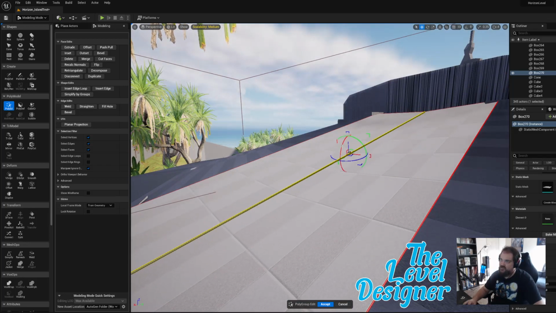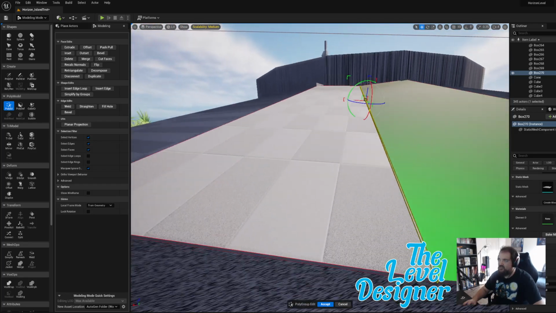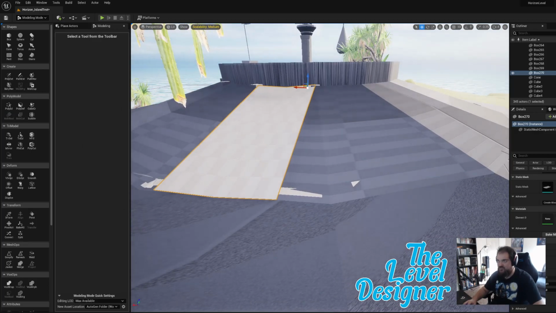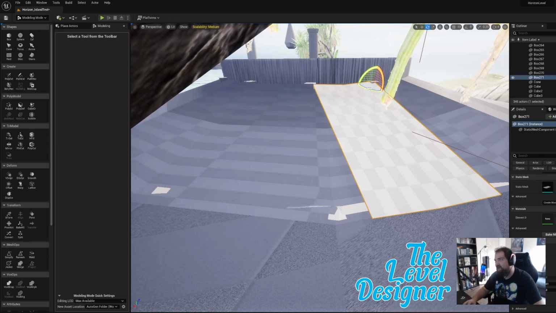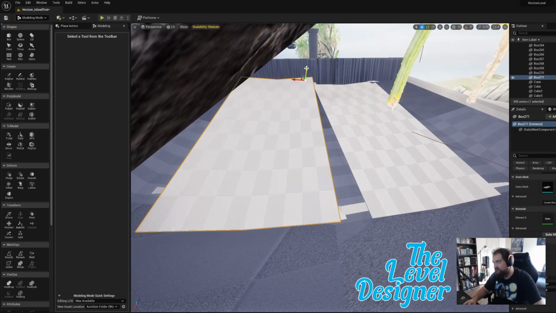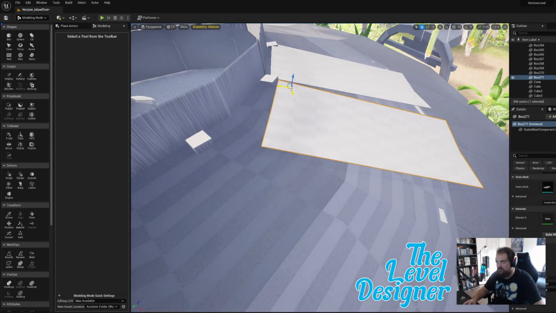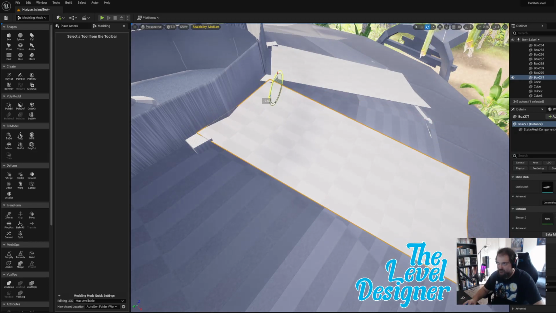And either have it go down or go up. I like it to look like it's cloth though, so we could do that and hit accept. And what we can do is duplicate this, make it go a bit. Again, it probably isn't going to be super great, but